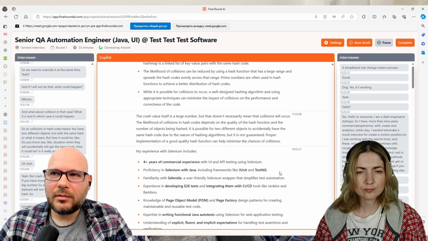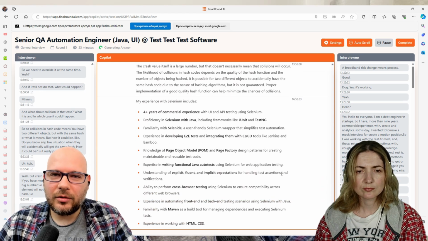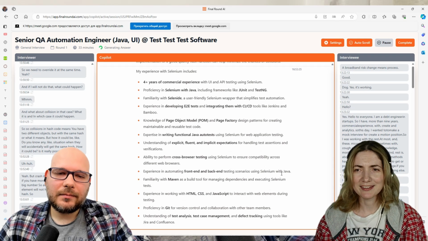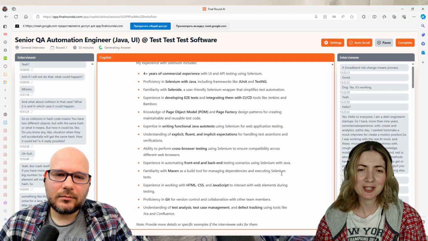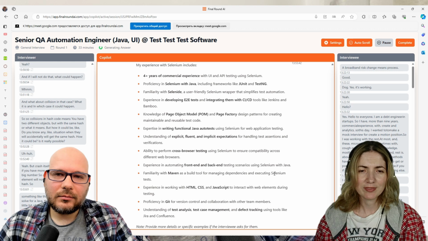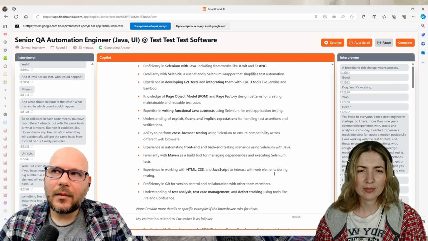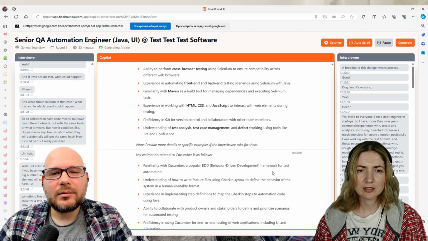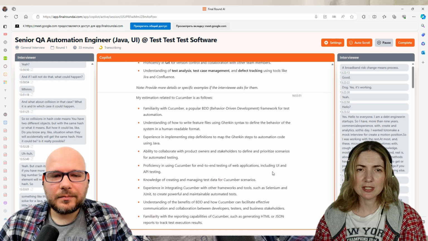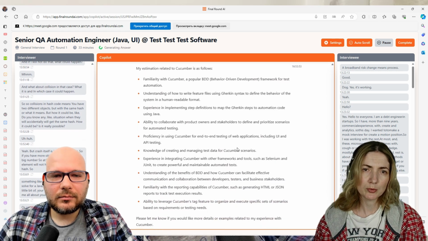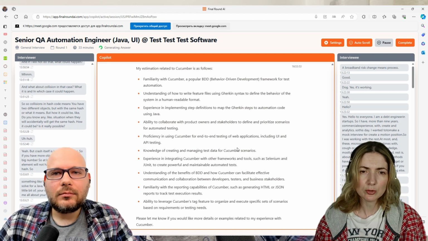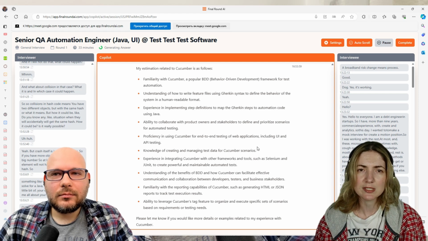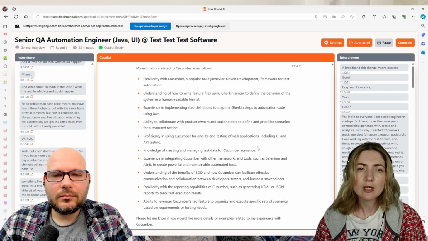But how are Selenium and UI automation related to Cucumber? No, they are separate frameworks, but we can use them together for maybe BDD tests. And what do you mean by BDD tests? BDD is a popular approach. BDD means behavior-driven development.